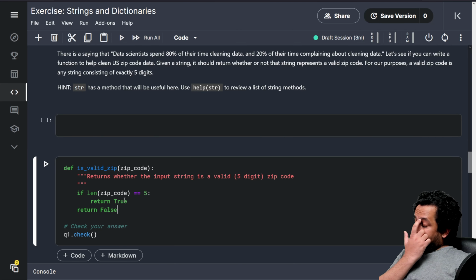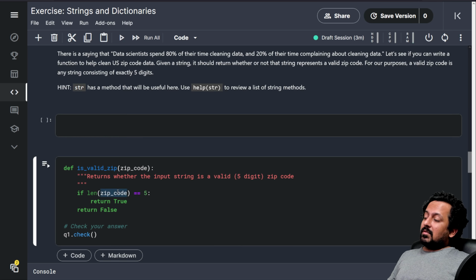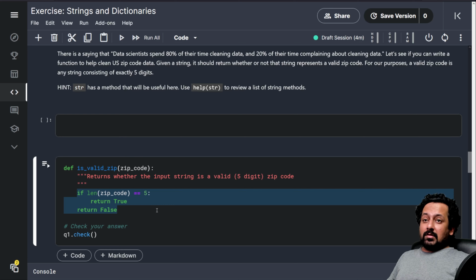Now the problem here is, if my zip code consists of alphabets, it's not a valid zip code. So it has to be digits. So this is not going to be correct.